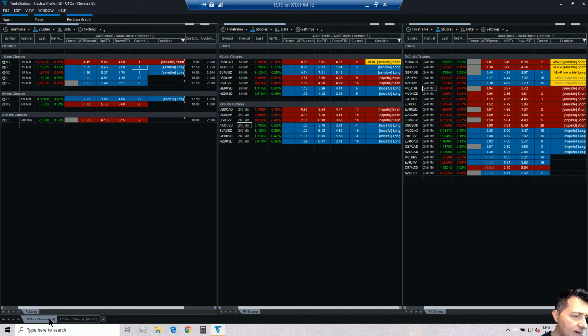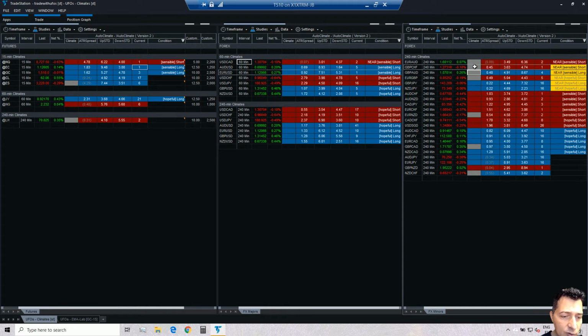What else do we have there? The US dollar CAD here, we already checked. On the futures markets, we got nothing on the left. On the right side, it seems that we do have a few more flashing lights, but GBP Swiss franc is gray color. GBP AUD is also gray color, so the climate is not confirmed. So we need to pass on those.